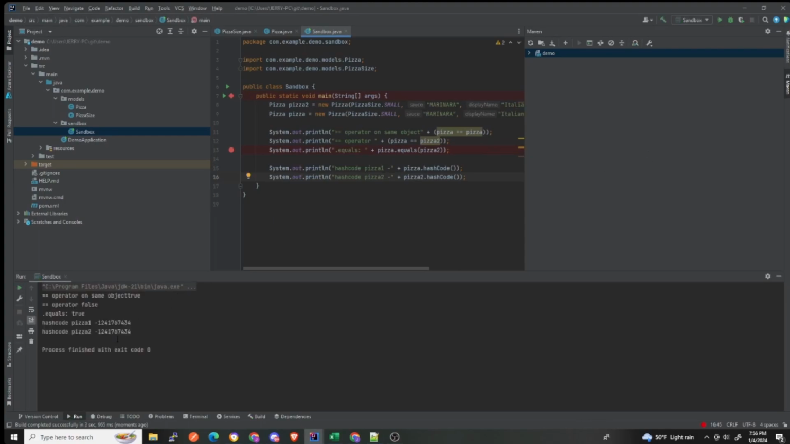Okay. So you can see that they're the exact same hash code. Actually just put the space there. So equals true, both matching hash codes. Why do we care about the hash codes? That's the thing. So in a hash map,